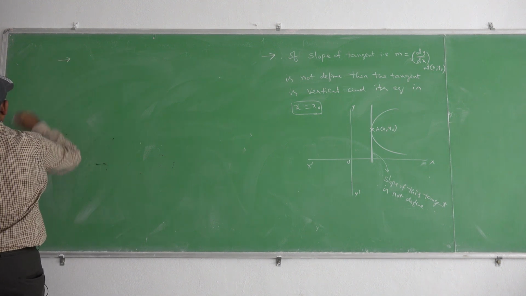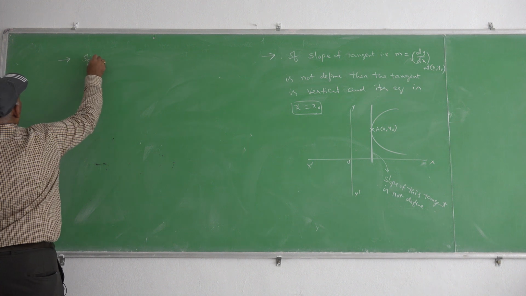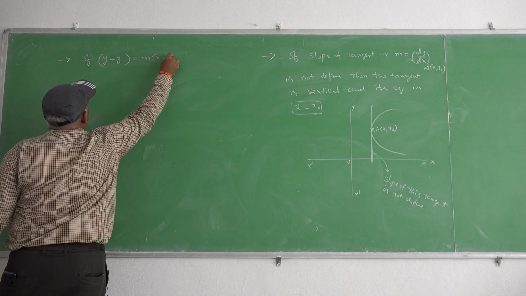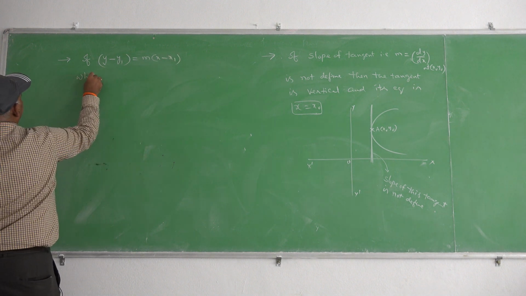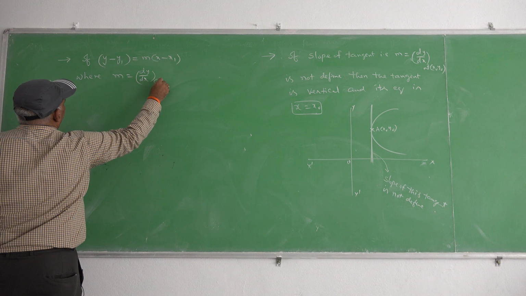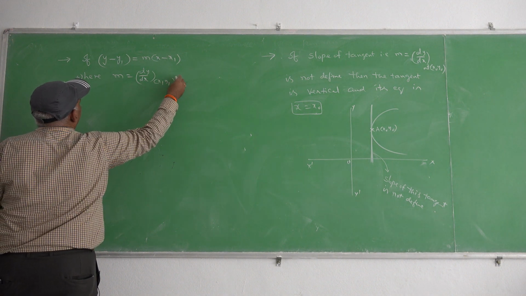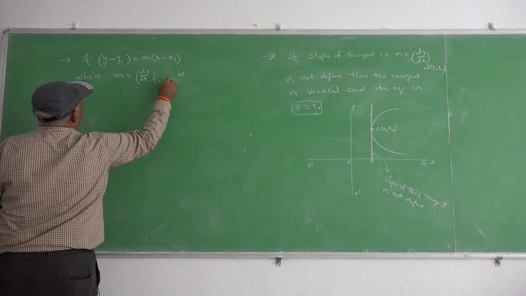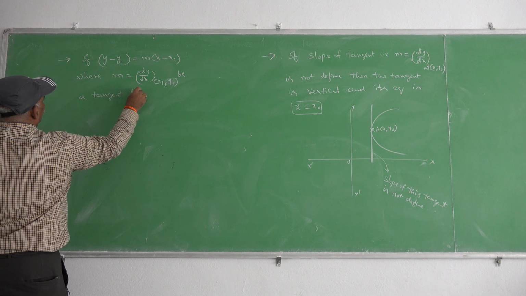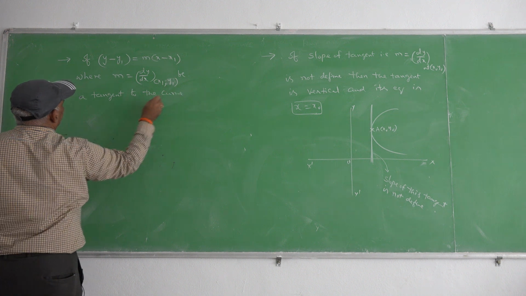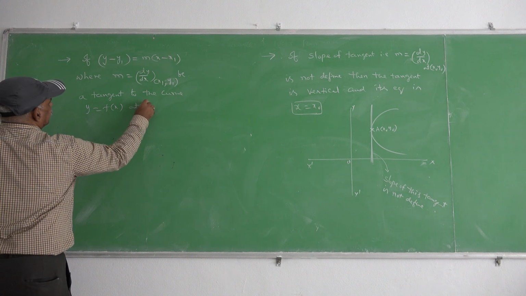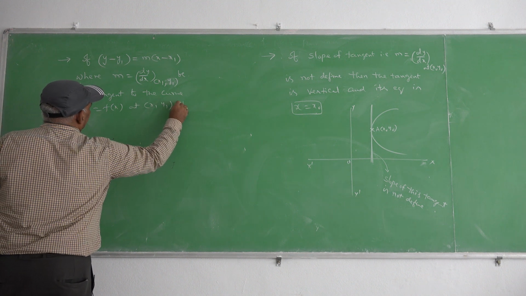Next point. If y minus y1 equal to m into x minus x1, where m is dy by dx at x1, y1, be a tangent to the curve y equal to f of x, of course, at x1, y1, then